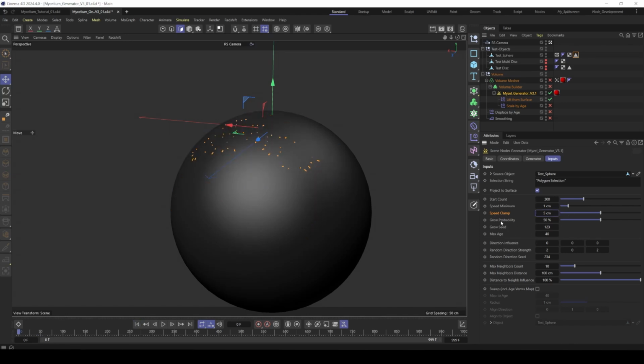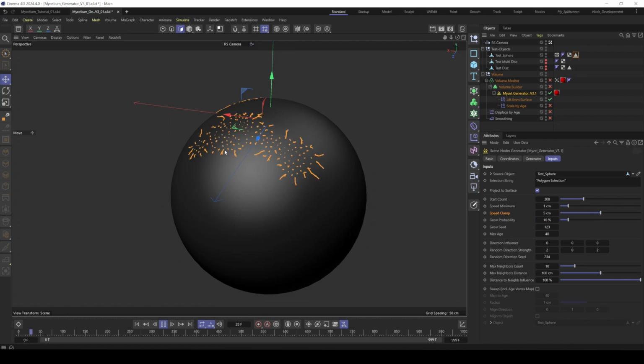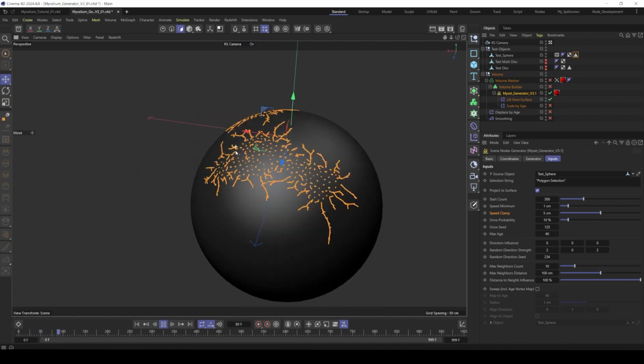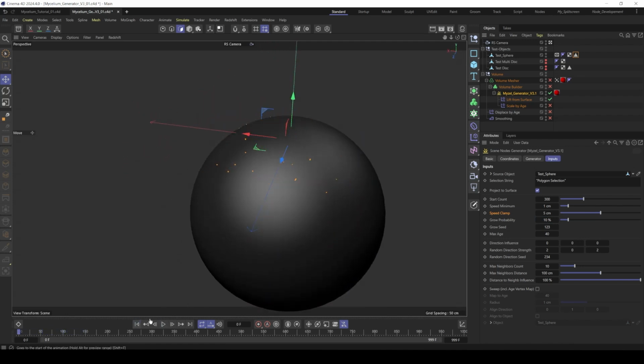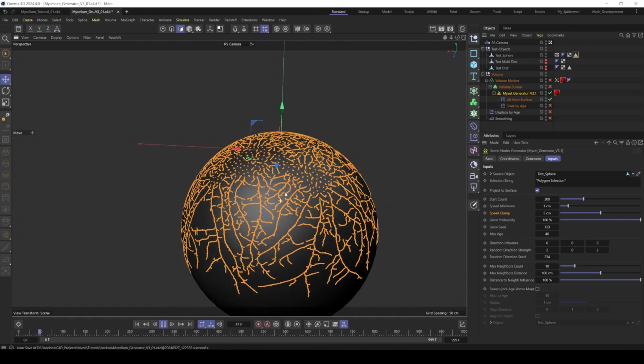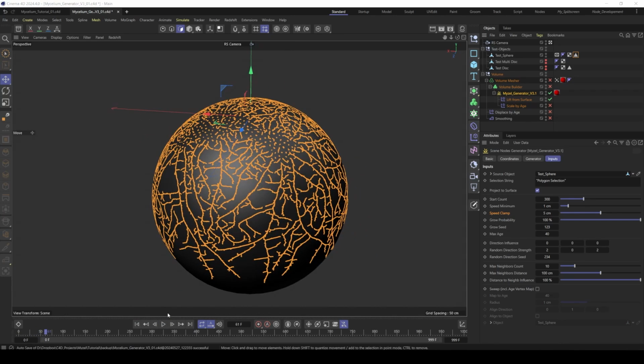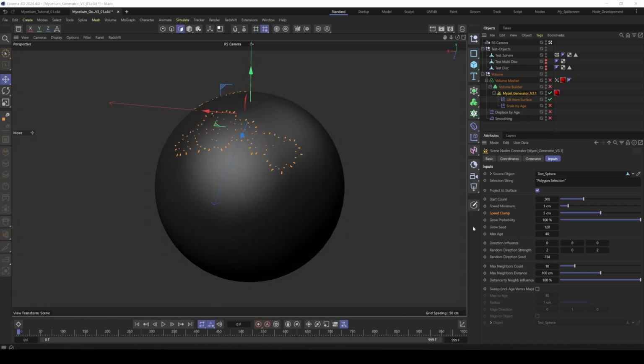Then you have here a grow probability. So when you go super low here, you can see you get less tendrils, so it grows much slower. Or you can go straight up to 100%. So it grows on every point on every frame. So this also speeds up the growing effect. Then you have here a grow seed. So the seed is working together with the probability. So when you go lower here,